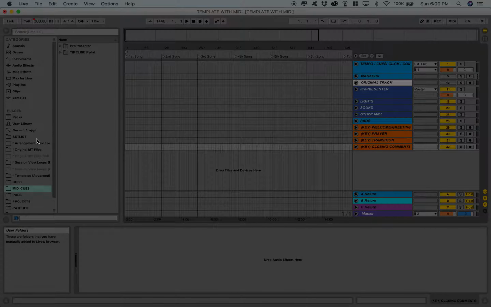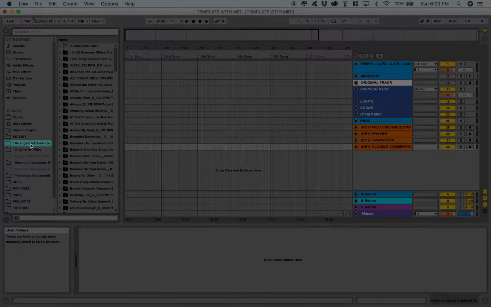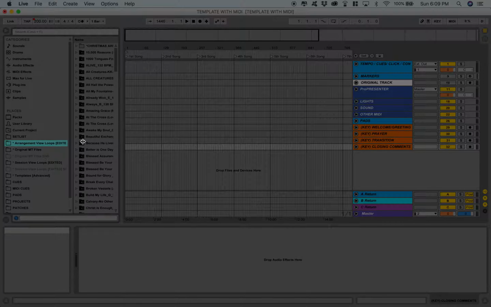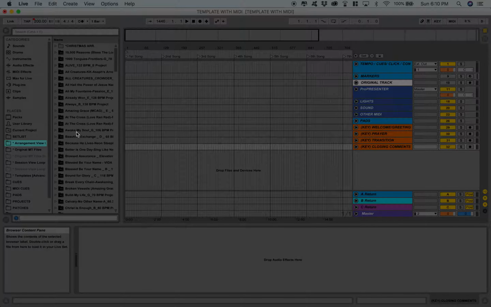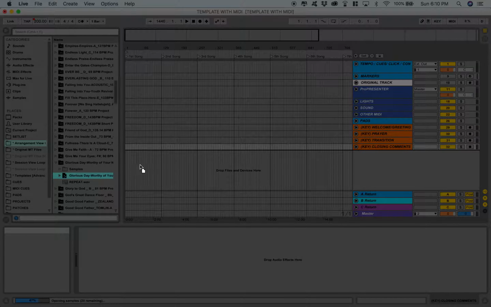So let's just add a set list. So I go to arrangement view. These are pre-made songs that have this type of format. So what I'm going to do is I'm going to open up Glorious Day. So I'm going to search down here. It's alphabetized. Glorious Day. Open up the folder, and then you drag the folder inside. Down it says drop files and devices here. Anywhere below